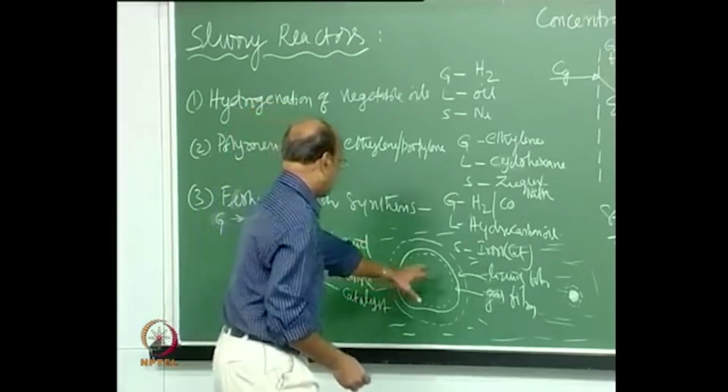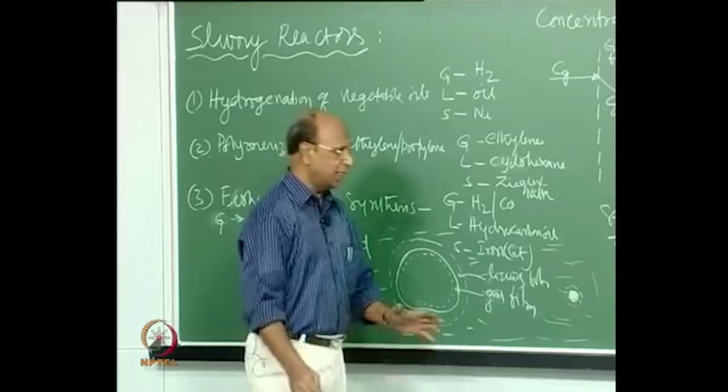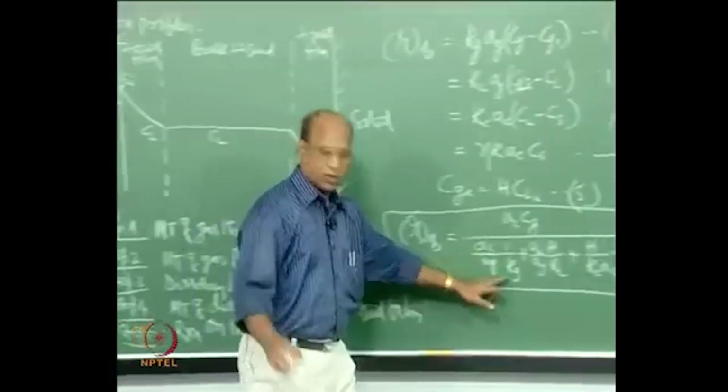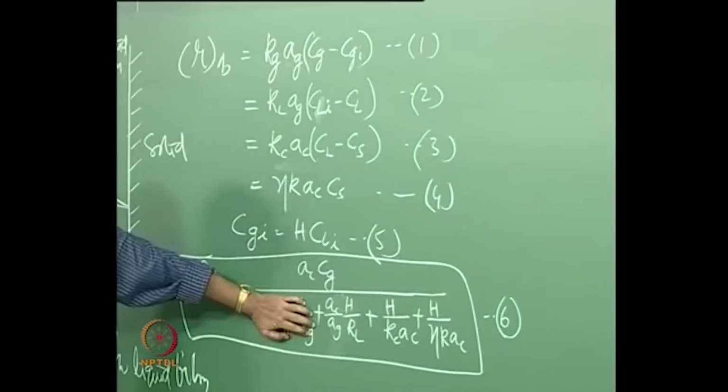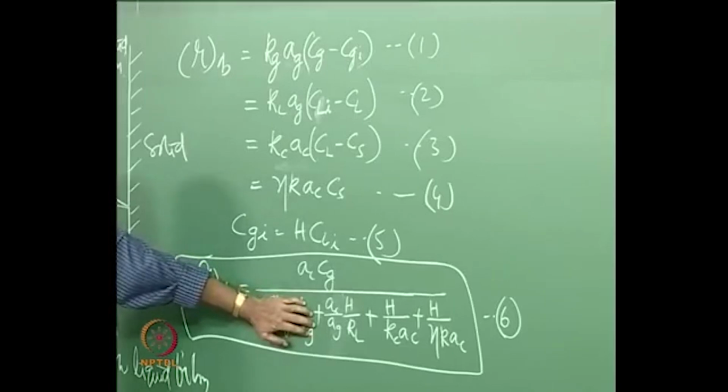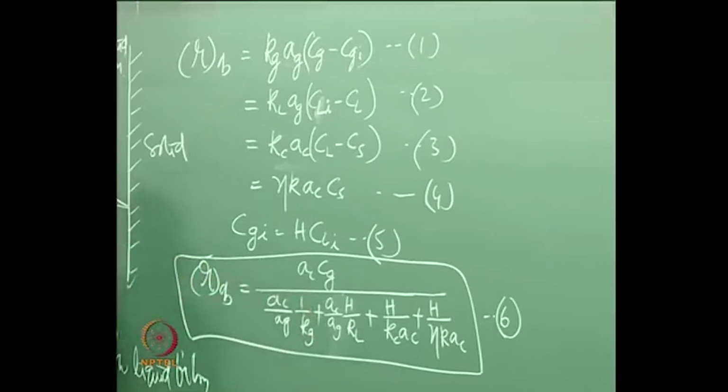So that is why that is easy. Most of the time gas diffusion is the easiest, so Kg will usually be very large. So this will not be present in most of the slurry reactor design expressions. Kg can be safely ignored, in the sense that it is not ignored, Kg is so large that 1 by Kg, that term, will be 0. So you can remove that. Then you will have only the remaining